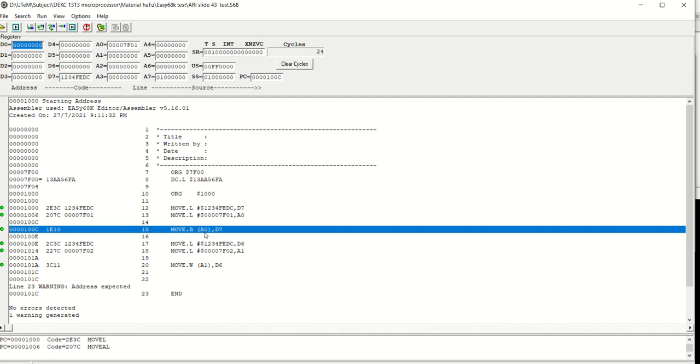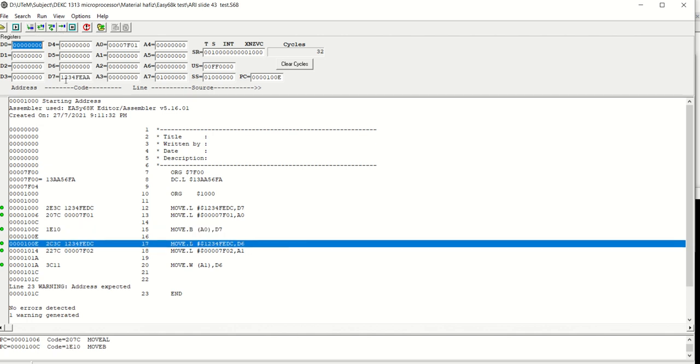The content of A0 with byte size moves to D7. We expect the byte size of D7, the DC, to be changed. Now it is 1234FEAA.